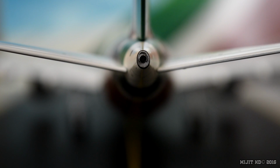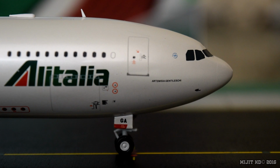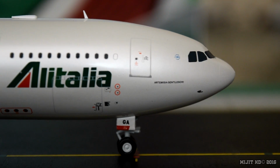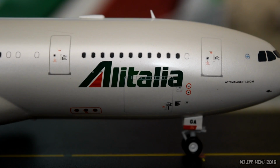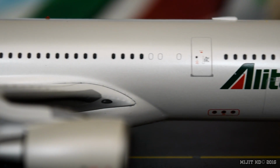Then we have the APU, which is looking very nice. Alright, now to the cockpit windows on the starboard side. We have the SkyTeam logo, the name of the aircraft, pitot tube, static ports, part of the registration on the gear door, Alitalia titles, front cargo container door, the inboard landing light,